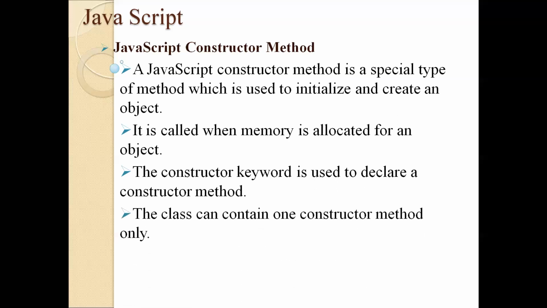And one more important point here: unlike C++ and Java, in JavaScript we can only define one constructor. JavaScript never allows the programmer to define two or more constructors. It only allows one and only one constructor. But in C++ and Java, we can have any number of constructors. That's what the constructor overloading topic means.